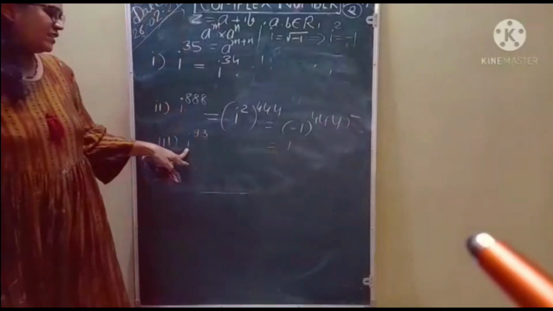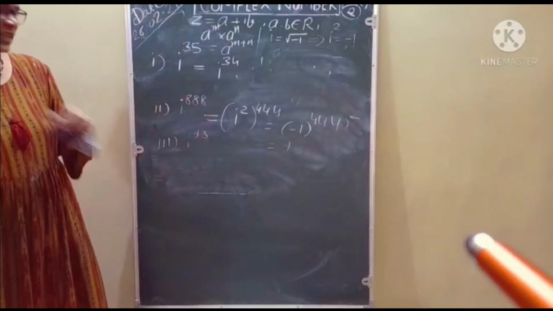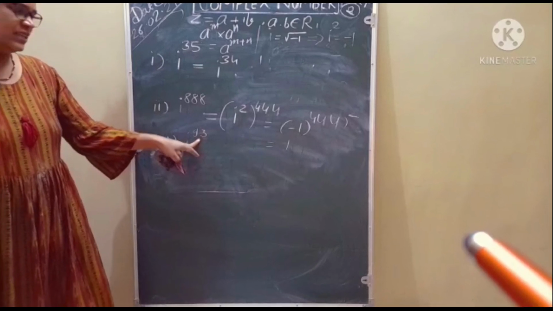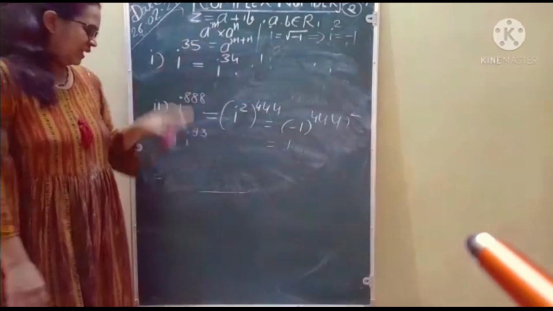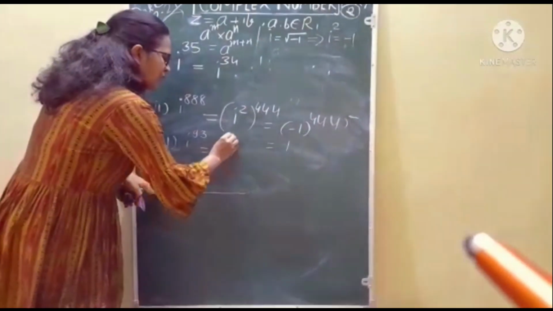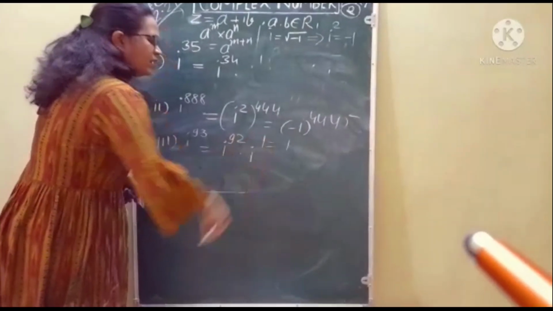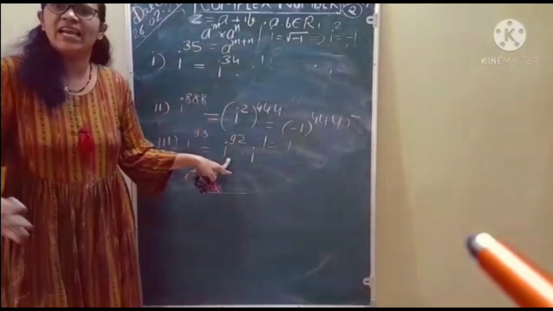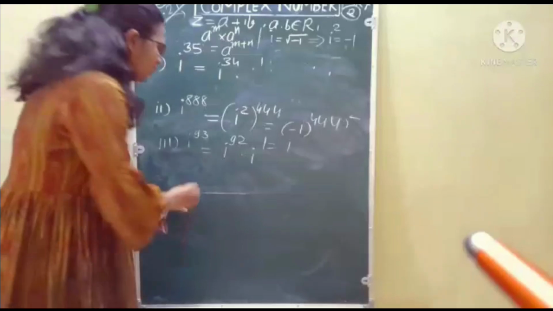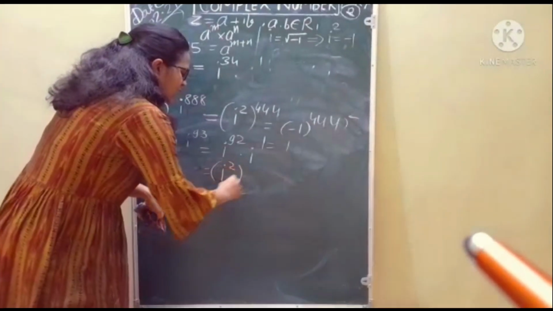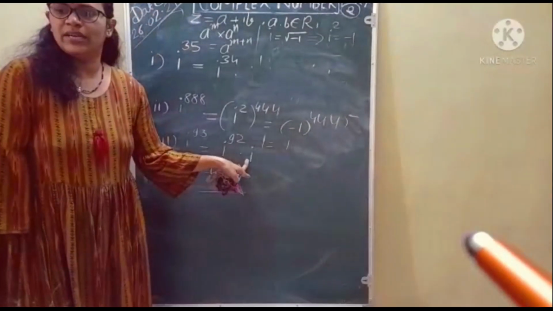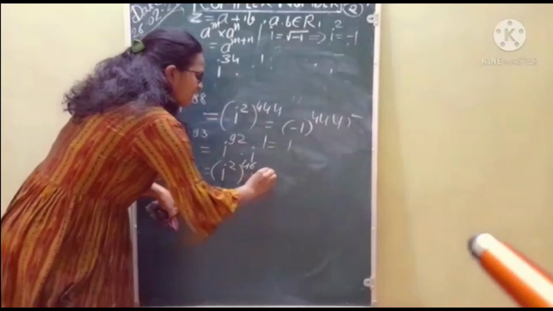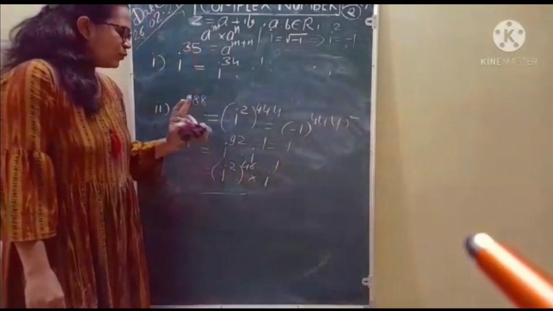Okay. So now see in the third example, I to the power 93. Again 93. How to separate this? It's again the rules of indices we have to apply. 93 को हम कैसे लिख सकते हैं? I to the power 92 into I to the power 1. Okay. अब 92 को हमें स्क्वायर के फॉर्म में लिखना आसान है. How to write this one? I square. और क्या हो जाएगी यहाँ पे पावर? Okay, what is the answer? It's 46 into I to the power 1. I square की वैल्यू how to